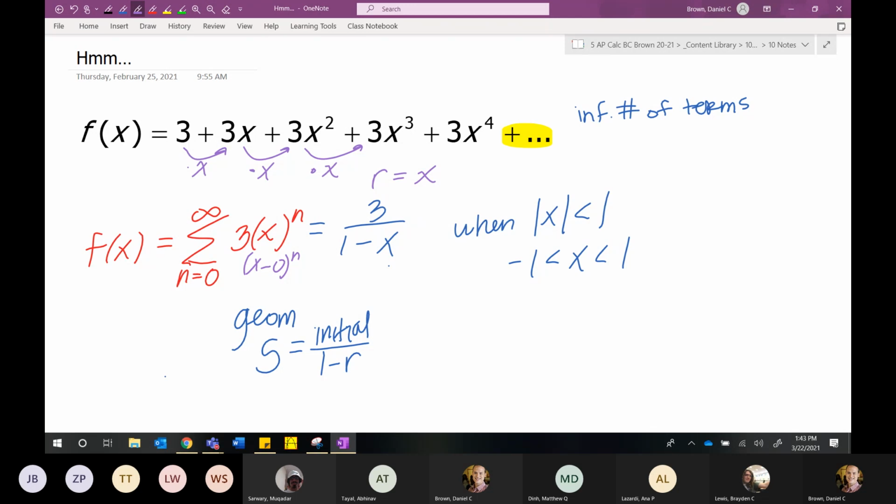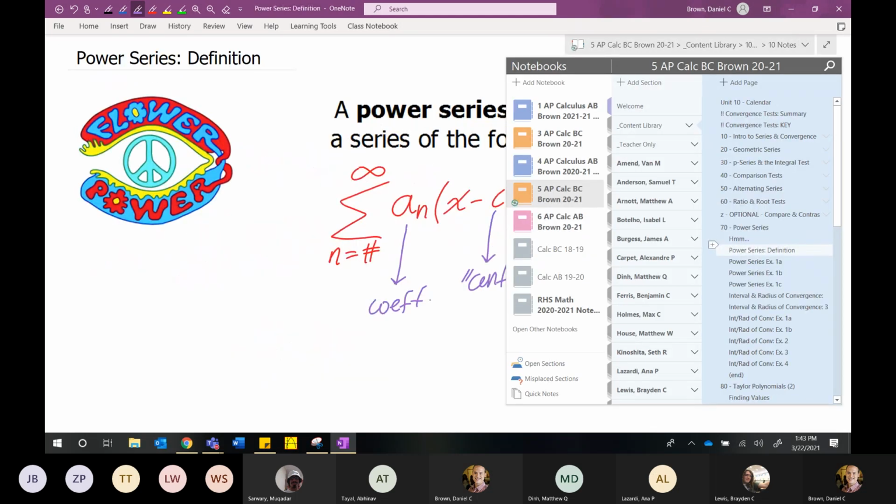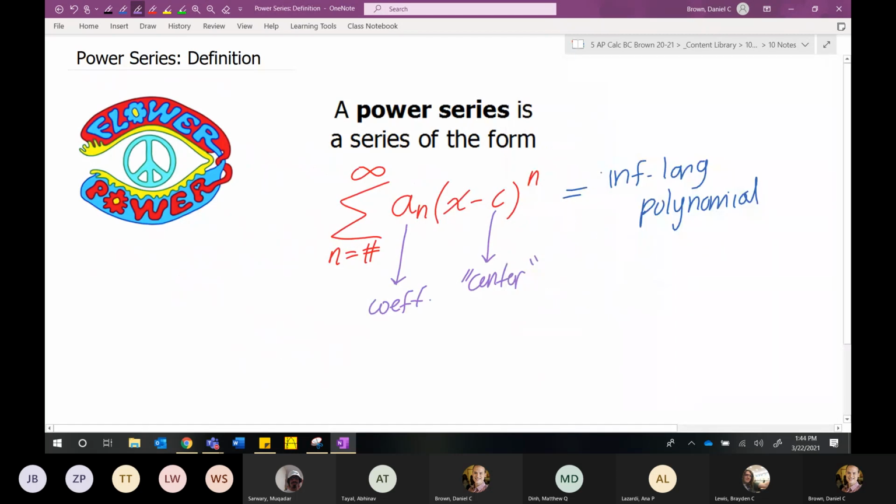The further you get away from the center, the less valid that power series is going to be, which we kind of saw. It matched the graph closely around 0. The further away from 0 you got, the further off it looked. That format of a power series is going to be important to recognize, because a common question, even